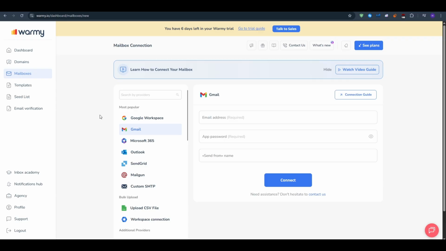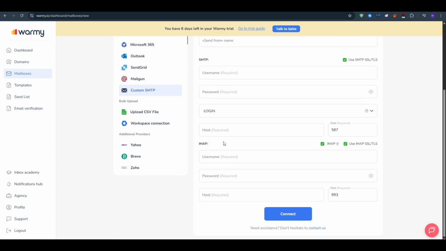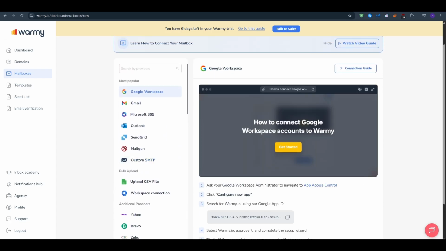Warmy's verifier scores addresses and flags risky ones so that you don't nuke your reputation with hard bounces. With those basics live, let Warmy run in the background while you tune copy and cadence in your cold email tool. And now I want to mention some key features that actually move the needle, such as the automated warm-up